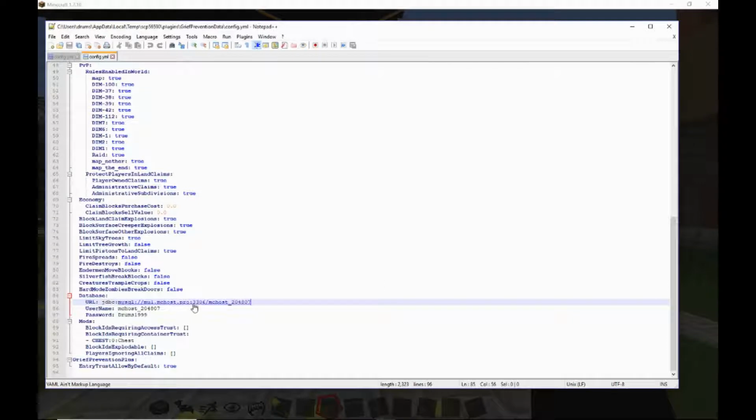mol.mchost.pro colon 3306 and change it with your address and your port. It should give you your port number. Mine showed on the top of my address. Yours might show very similar to there. If you don't find a port, then just simply copy my port, but put in your address right here, where for me it says mol